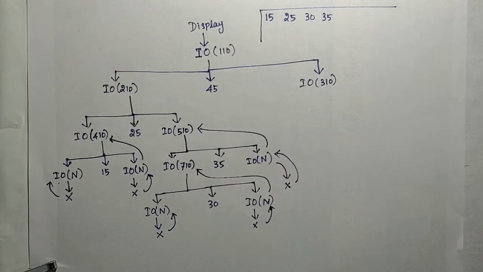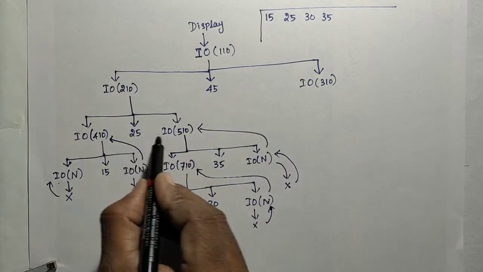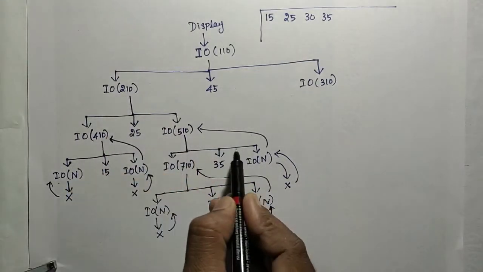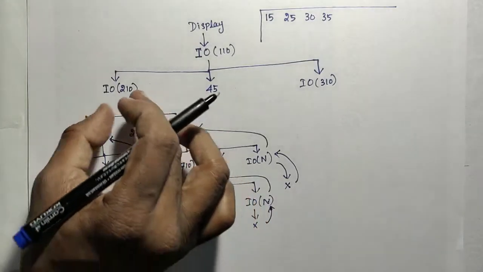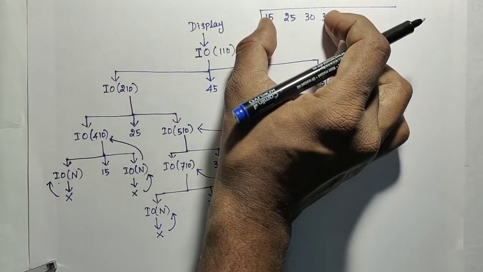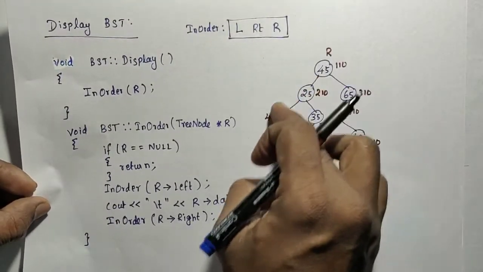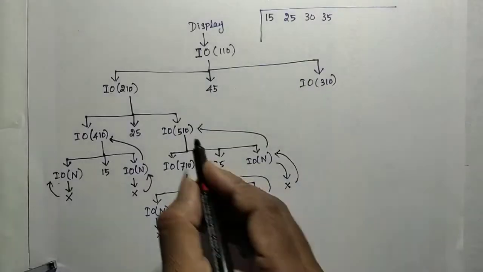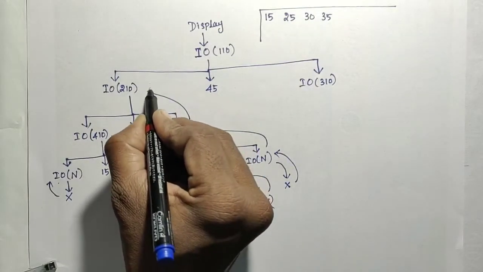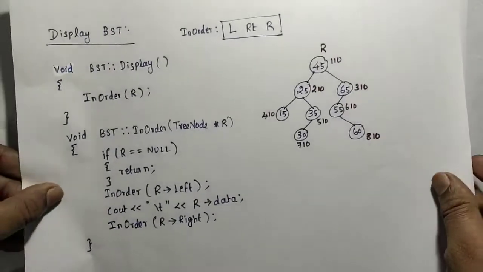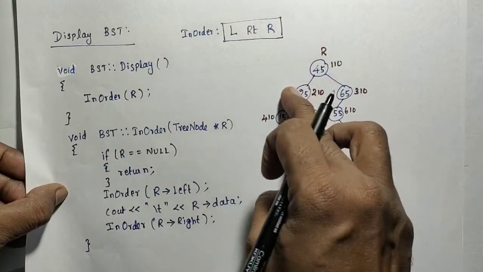So this is over. After completing, it will return to this caller. Now the three statements of the 210 are over. At the completion of 210, the left subtree data have been printed. Correct. So now it will return to the caller again. So it means that on the screen the left subtree data is completely printed.